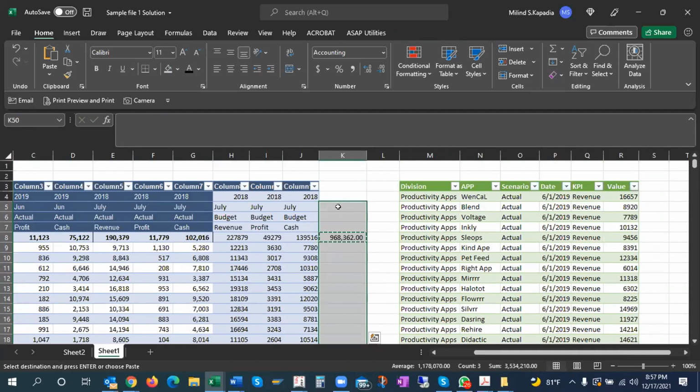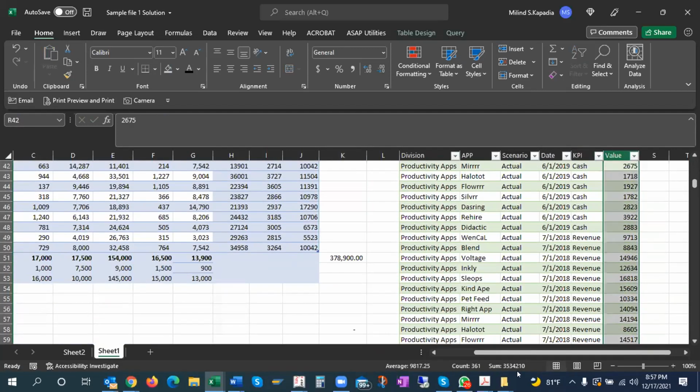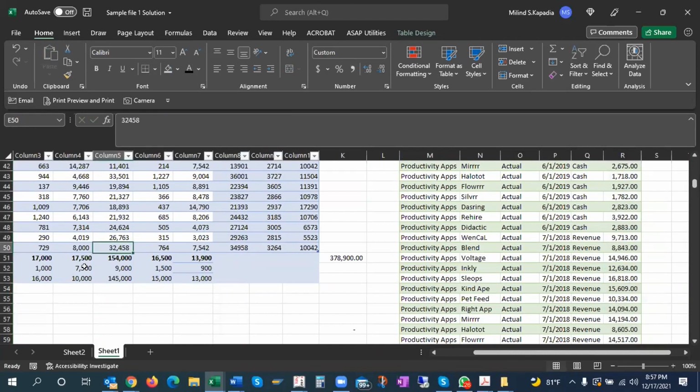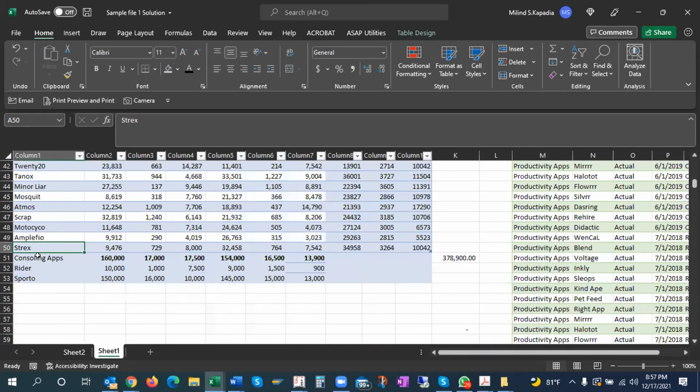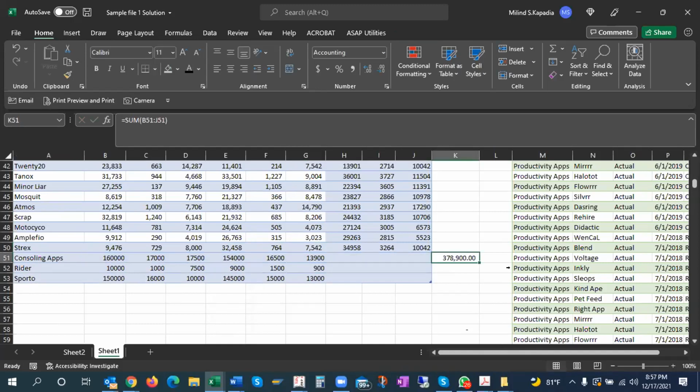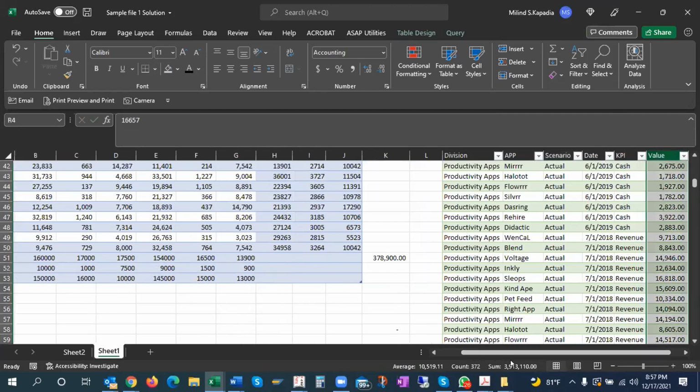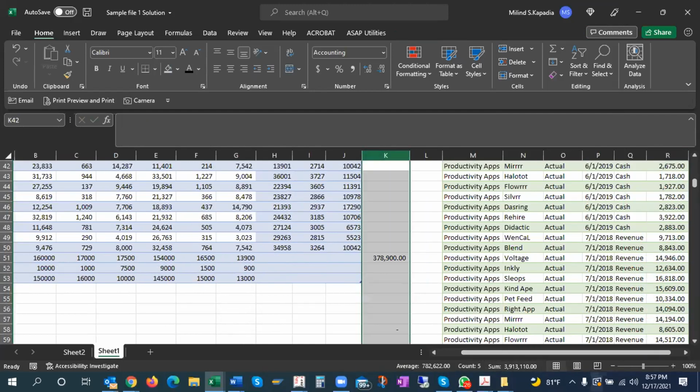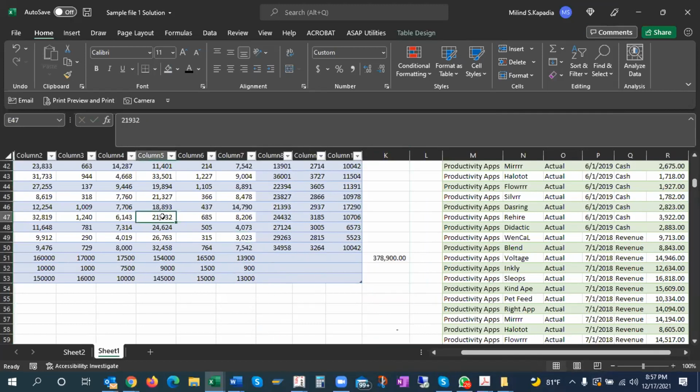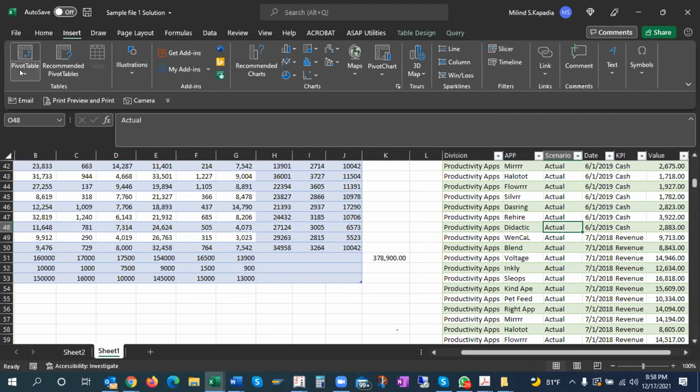So my total is 3534210. Let me check. 3534210. It's correct. So this data is correct. Now I am adding some more rows. I have another product where only 2 are here. So my table is here. I'll just drag it and I'll check whether now all my total is correct or not. I'll refresh here. I'll check. It is 391,310, 391,310. And then I can convert this into a pivot table.